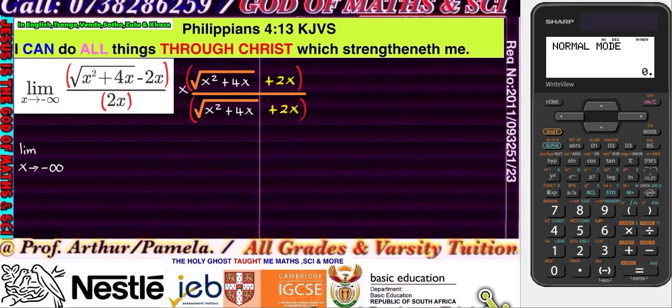At the top, you know you must square the first. Am I right? The square root, the radical. So you'll be left with an x squared plus the 4x. Yeah. Then minus, you square the last one, so it's going to be minus the 4x squared. Am I correct? Yes. All right. Then at the bottom,